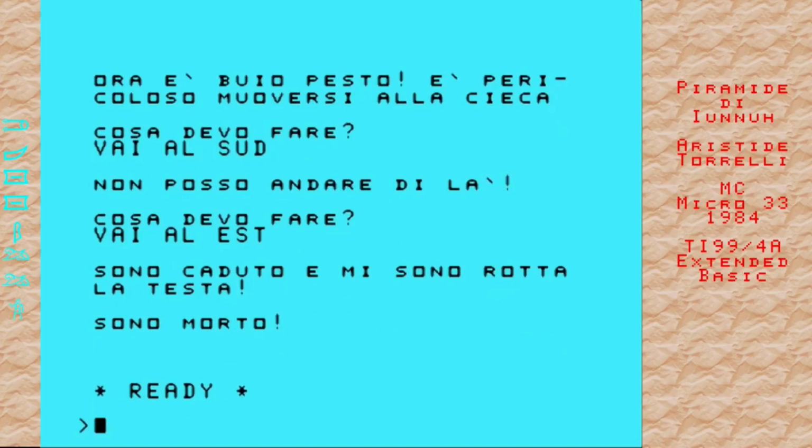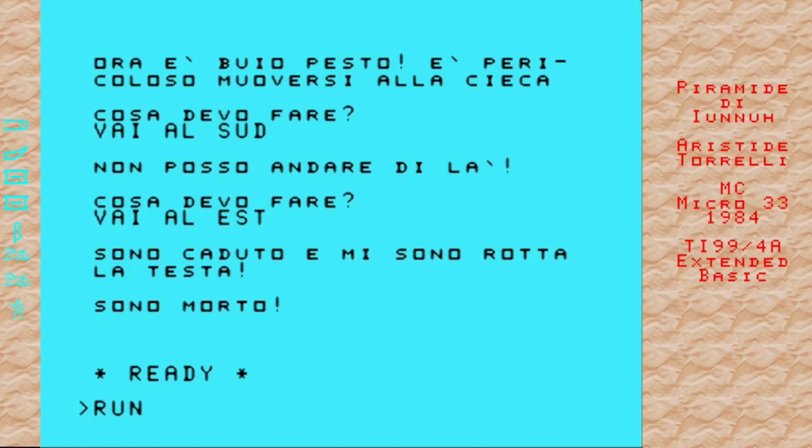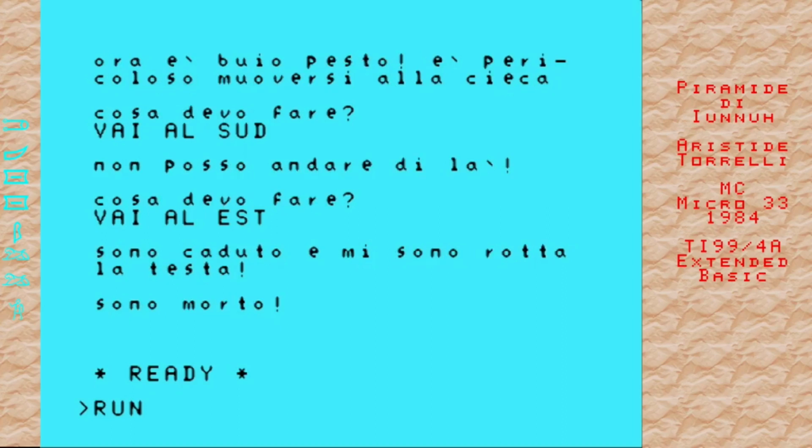I've fallen and died. Once we've crashed out with the program, it then resets the lowercase font back to the default. This is the default lowercase font that the Texas Instruments 99/4A uses. And as we run, we'll see the code then go put it back to Mr. Torelli's version. And it'll do it obviously in alphabetical order, starting with the A and moving forward, and it all shrinks down again as you run, which is really rather splendid.